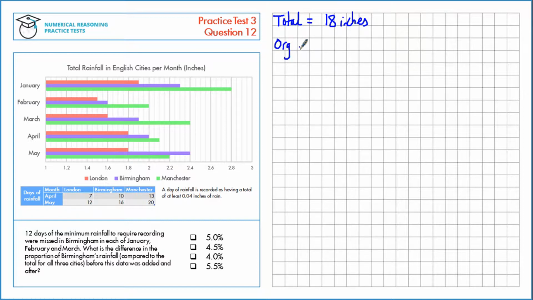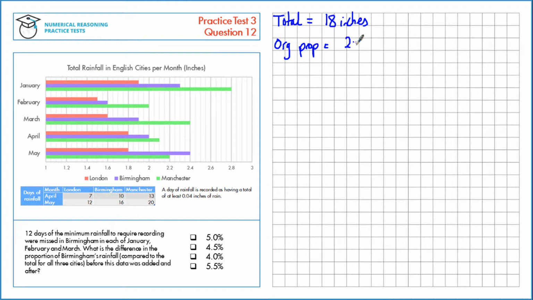To calculate a proportion, we need to know what Birmingham's contribution is. Birmingham is all the blue ones, so we need to add up the 3 blue ones here. Sorry, this is 18 inches for January, February and March combined. The original proportion, we need the Birmingham's contribution, so at this one 2.3 plus 1.6 plus 1.9,